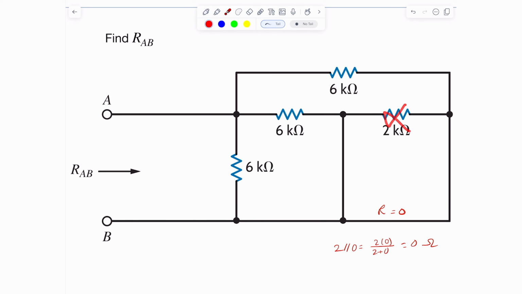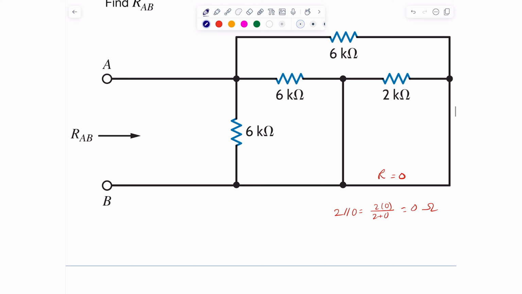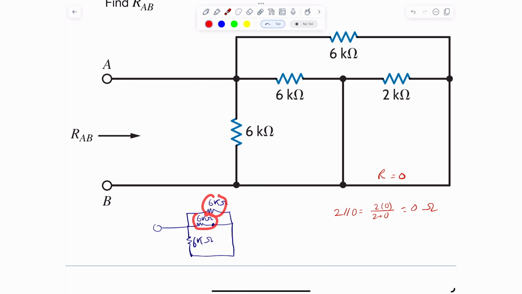I can redraw the circuit in here, and if I do that, it will simply appear like this. We have the A, we have the 6 kilo ohms in here, we have another 6 kilo ohms in here, and we have another 6 kilo ohms in here, and this one in here, I can redraw it as a wire because I just recognize that it's just a wire, and I can just connect these in here. You should be able to see at this point that this 6 kilo ohms is in parallel with this 6 kilo ohms, and it's in parallel with this 6 kilo ohms. So I have A and this is B. So simply RAB is